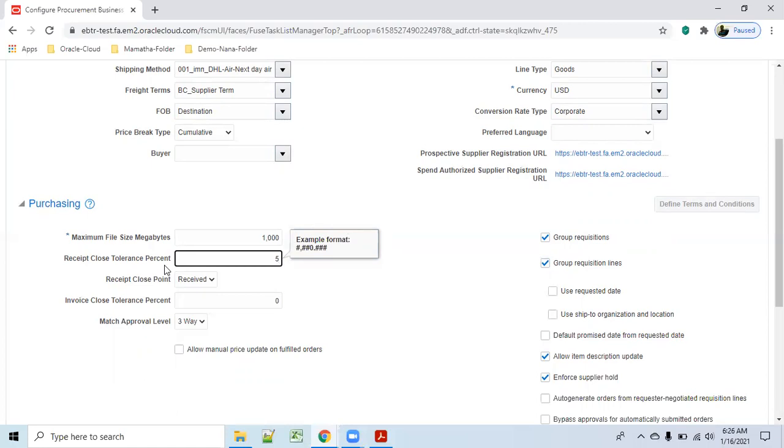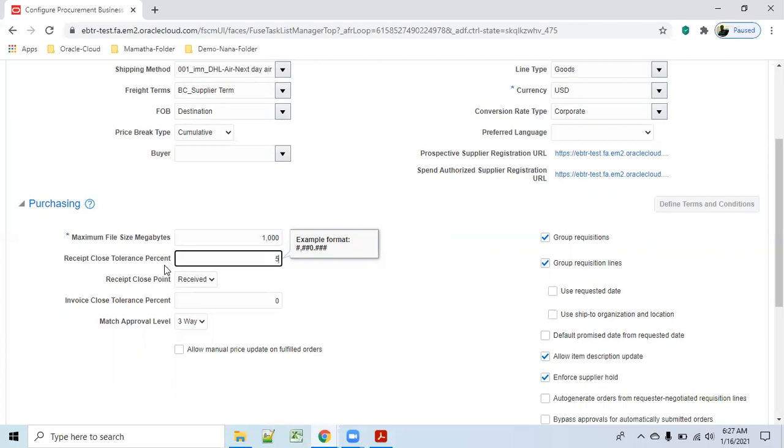It will allow this during receipt. If the UOM is each, then it will be whole numbers, 1, 2, 3 like that.